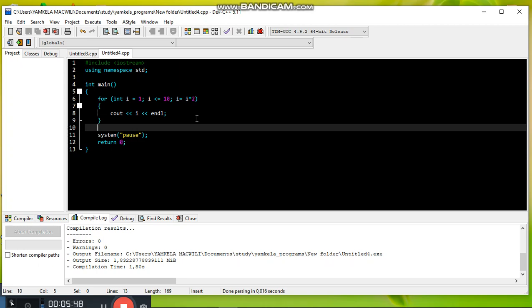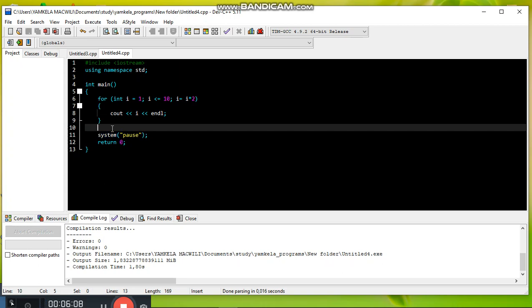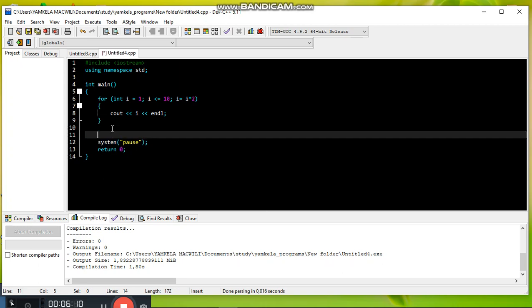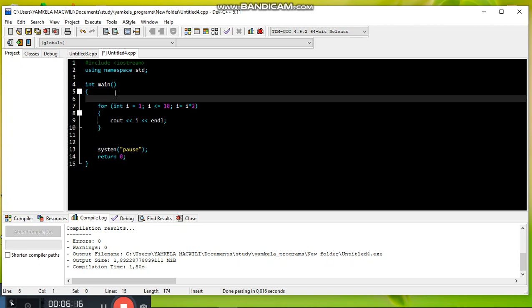Now, in this case, we are just pausing the program. We're waiting for the user to press any key, so that the program may continue and not just exit right away. It's a nice thing to do, just pausing the system. If you wanted to clear your screen, to clean your screen,